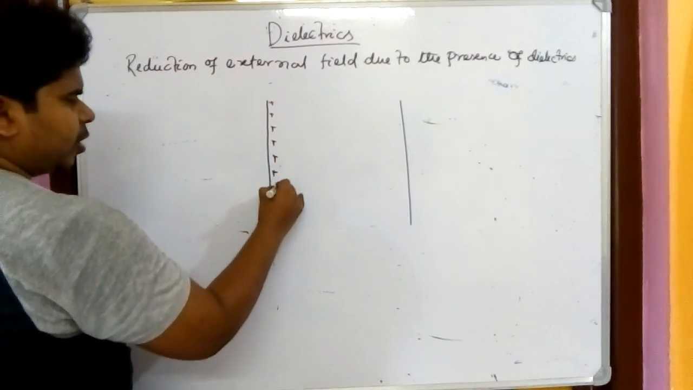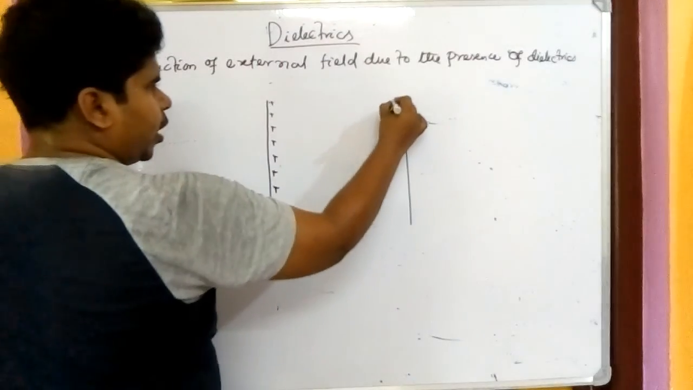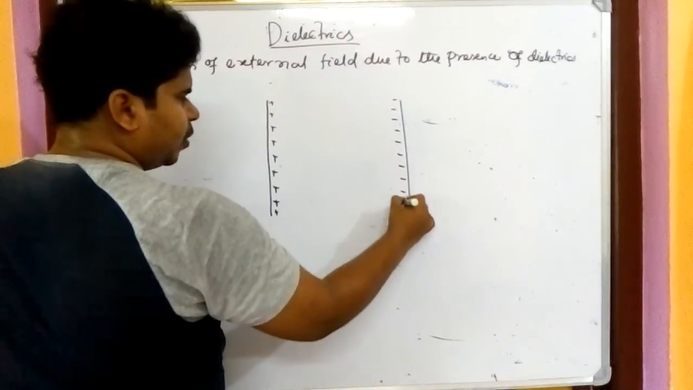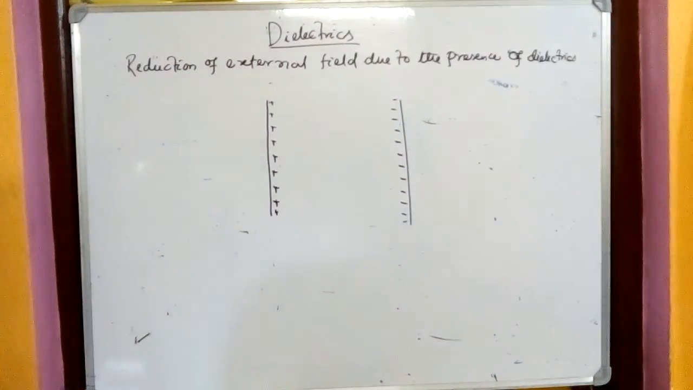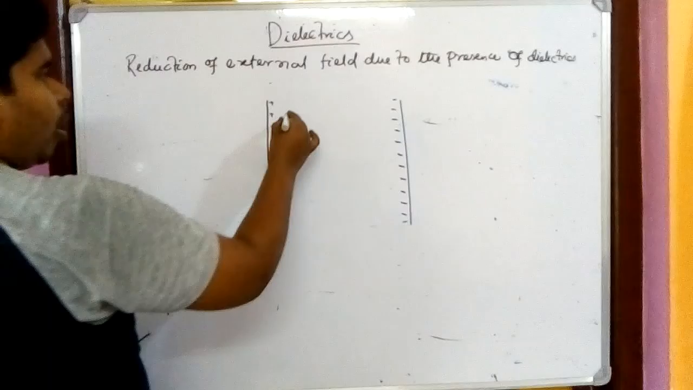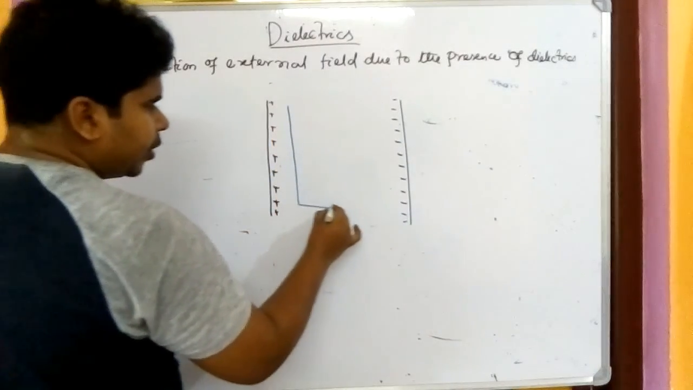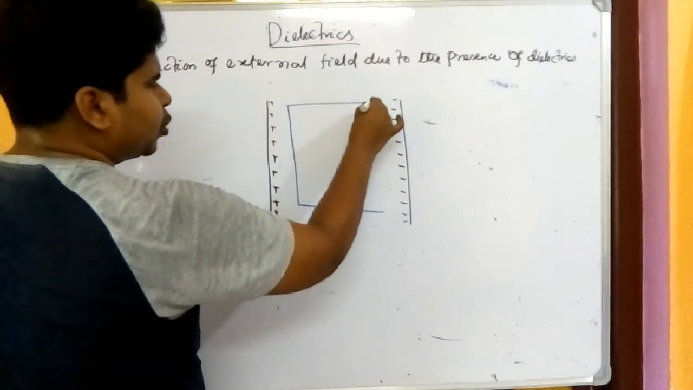I have given charges to them. On one side positive, another side negative. Okay, no problems with that. We know. Okay, and whether we take a polar or a non-polar dielectric slab here, there should be a